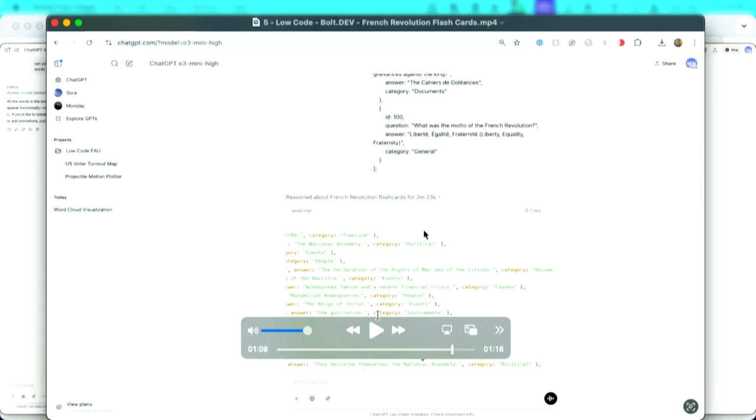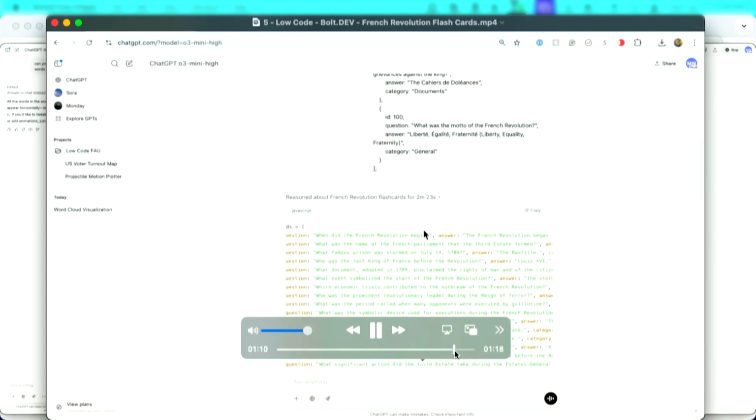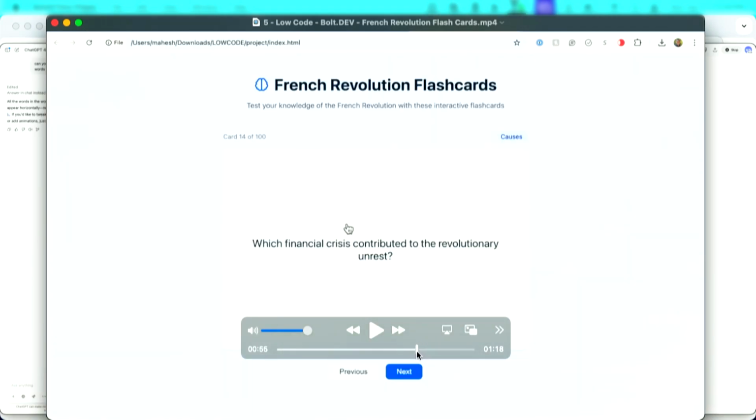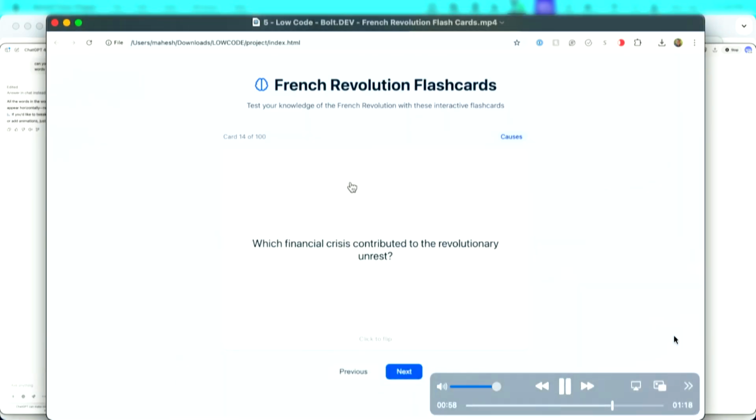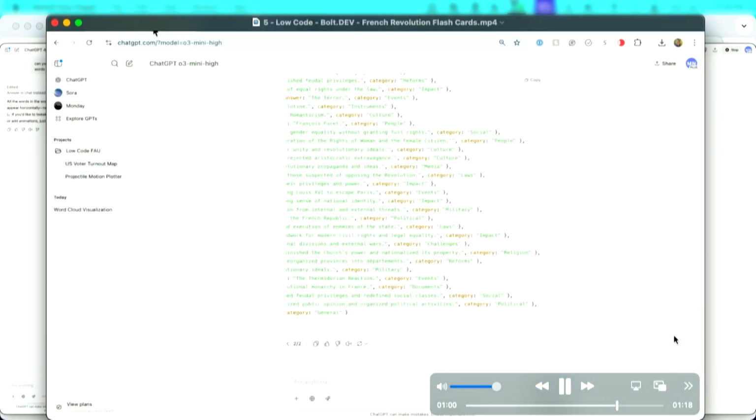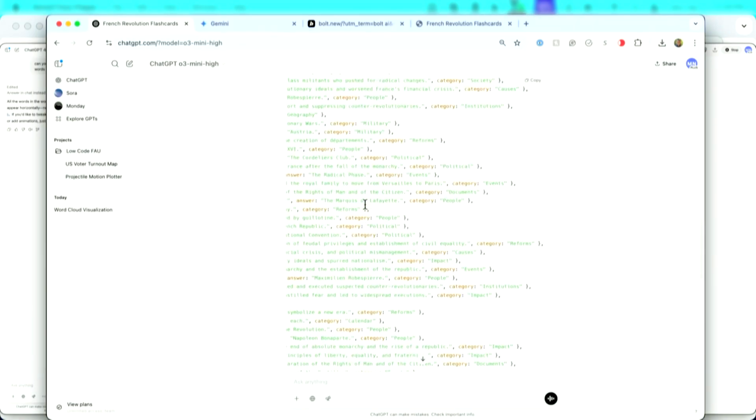So, at the tail end of this, in this example I used Bolt earlier on, as you saw, to create the flashcard system, which works great. Here it is running. But it only created, I think, 5 or 10 questions.